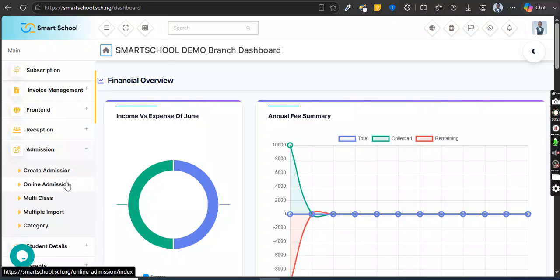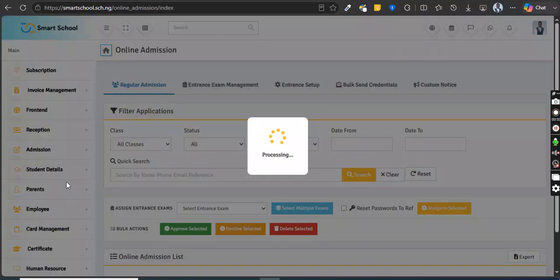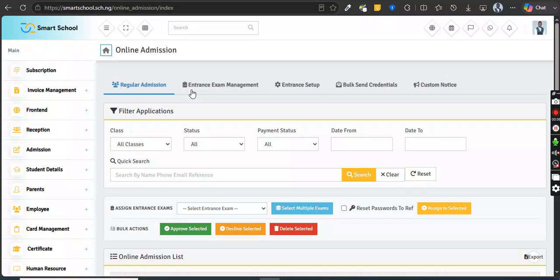you move over to what? Online admission. When you open online admission, you have regular admission, entrance exam management, entrance setup, bulk send credentials, custom message, custom notice. So under regular admission, these are students that applied for admission when, okay, for instance, regular admission is just